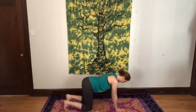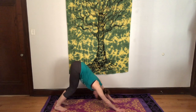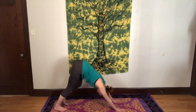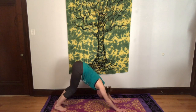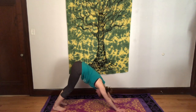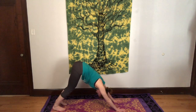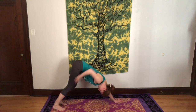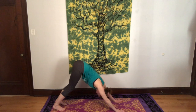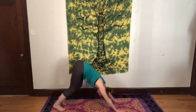And inhaling, coming back. Now on our next inhale, we're going to raise our hips up to downward facing dog. I find that those that do a lot of weightlifting and have a lot of muscle in their shoulders, this can be a very difficult pose to hold. You just want to picture your legs and your upper half coming into a V and facing the ceiling. That's the goal. And you can walk out bending one knee at a time,